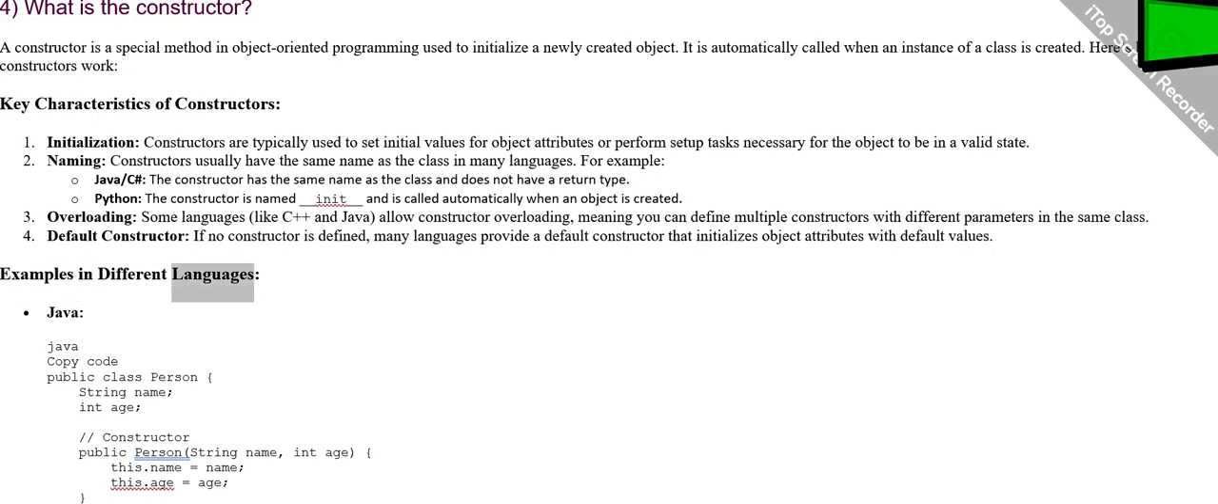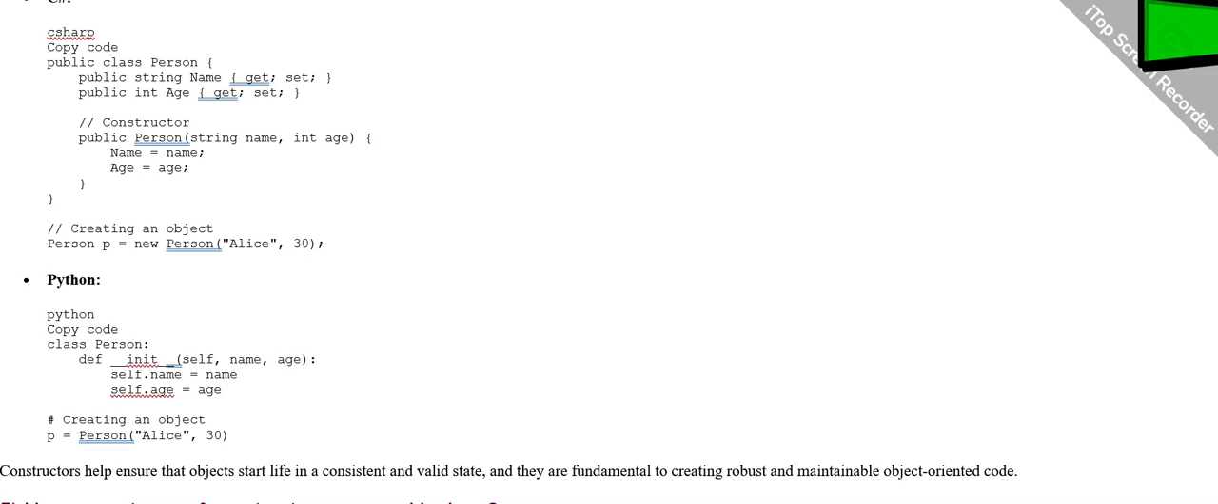Examples in different languages. Java: public class Person { String name; int age; // constructor public Person(String name, int age) { this.name = name; this.age = age; } } // creating an object: Person p = new Person("Alice", 30);